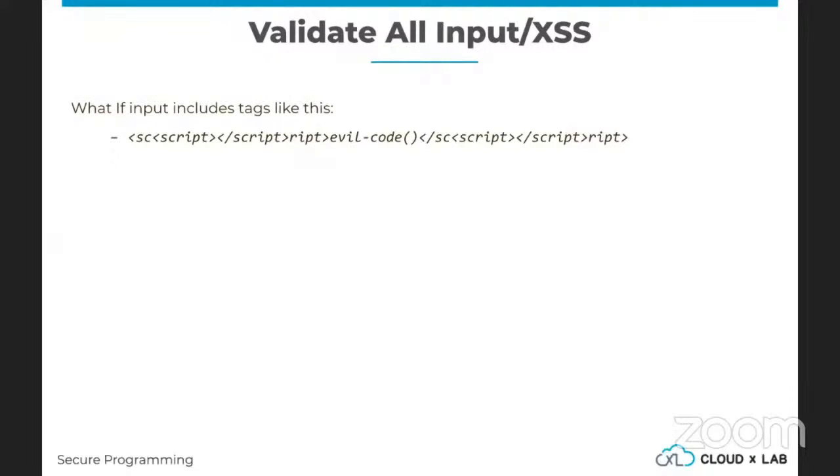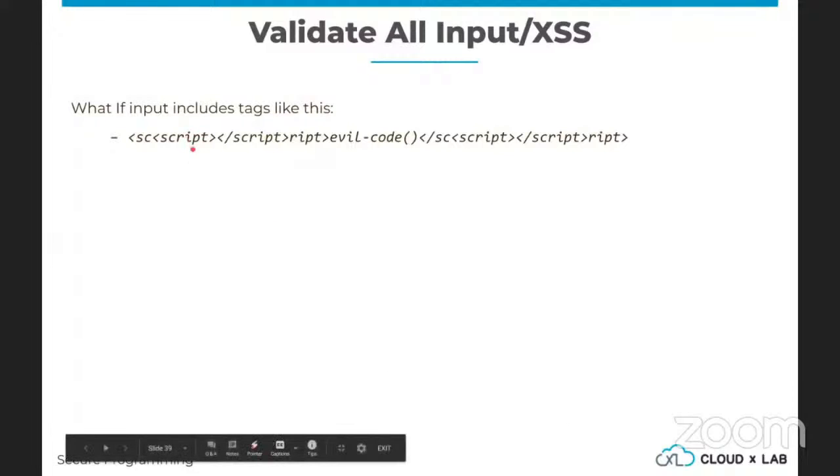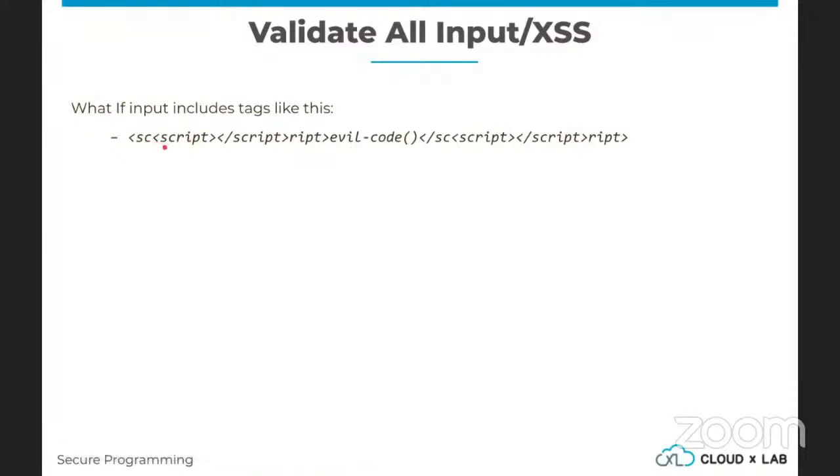What would happen in this case? What if the attacker has inputted this script? If the attacker has inputted this script, what will happen is, let's say you delete everything starting with script till script, then from script till script. Now what it will form is, it will again form the script. You see, script, and then again script. So it'll again form the script. So the solution to cross-site scripting is not this straightforward.